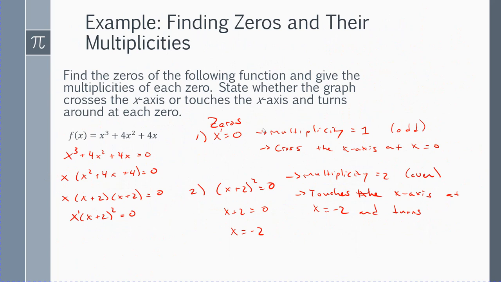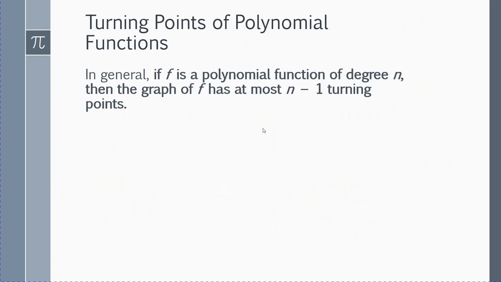Okay, and the first thing is talking about the turning points of polynomial functions. In general, if f is a polynomial function of degree n, then the graph of f has at most n minus 1 turning points. So for example,